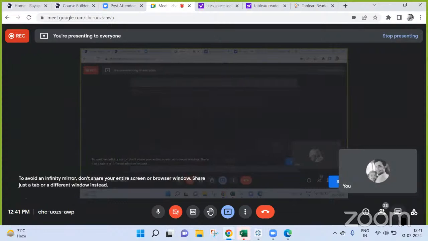See here, row level security means two ways of applying it. One is user functions. The second one is user filter. That option will come when you are publishing your dashboard to the server. User filter is somewhat static, whereas row level security applied using user functions will be very dynamic. Even if you have thousands or millions of users, it will evaluate which data belongs to whom, and only that content will be shown.